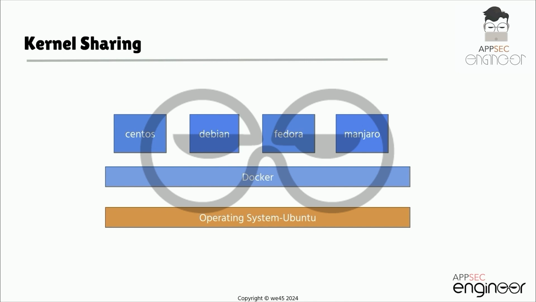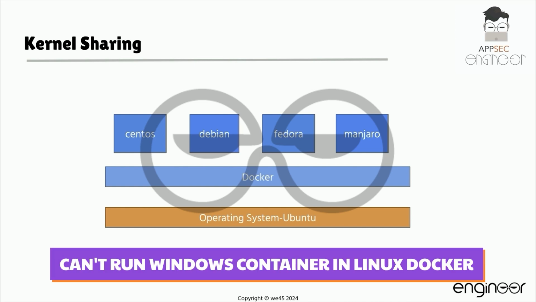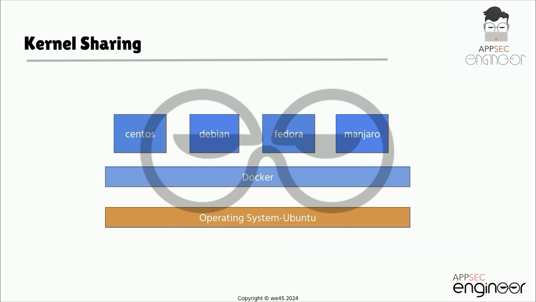Now, the question arises, what about the OS that do not share the same kernel? Say suppose we have Windows, Mac OS and so on. So what should all these operating systems do? Will they be able to run? No. So you won't be able to run a Windows based container on a Docker host with Linux OS on it, right? For that you would require Docker on a Windows server.